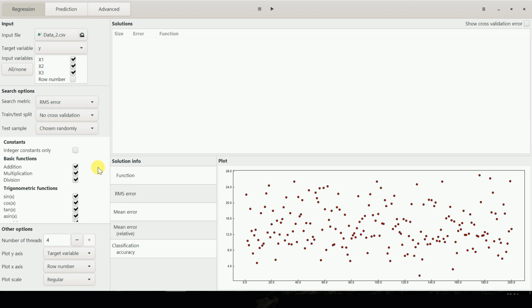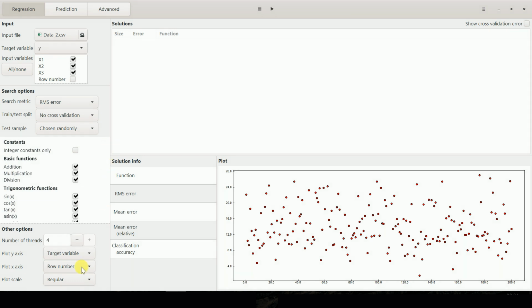Under the hood, what Turing Bot is doing is it's implementing a technique called symbolic regression. Symbolic regression tries to combine a set of base equations into simple formulas that accurately predict the desired variable. Examples of base functions are addition, sin x, cos x, and so on and so forth.